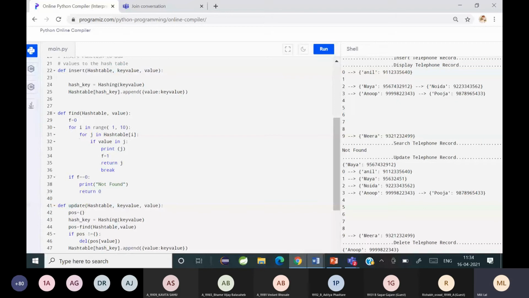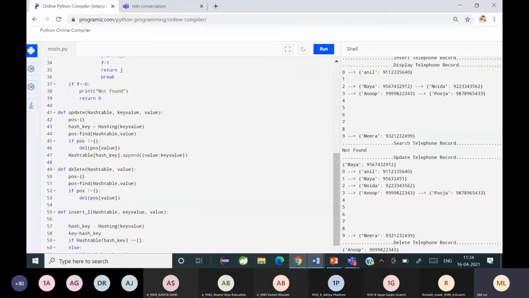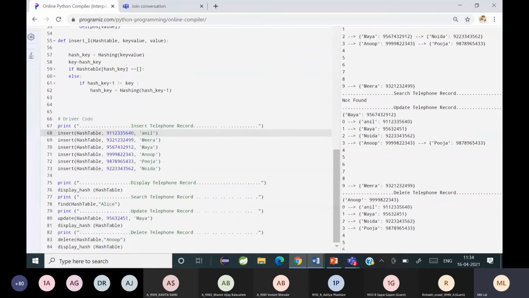Okay, next is update data. Now if you want to update somebody's phone number, we have to pass the new phone number and the name. So if you want to update somebody's phone number, can somebody tell me how the logic is going to work for updating a phone number?